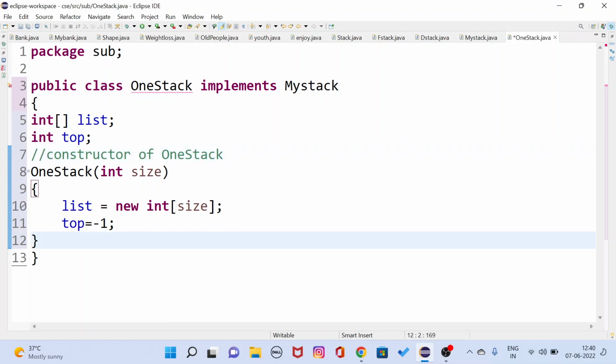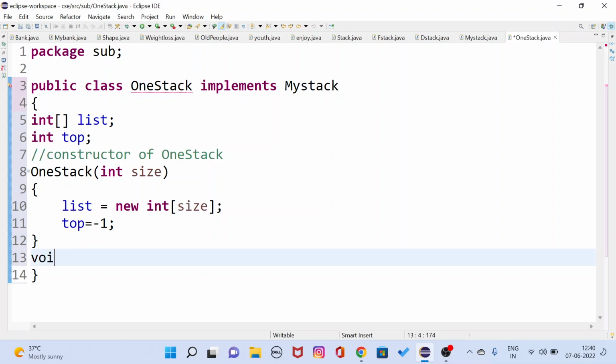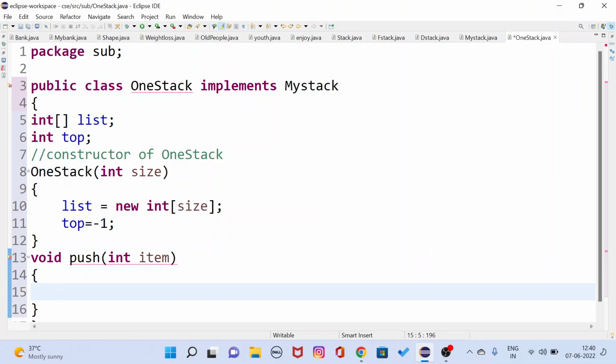Now, what about push: void push, int item. What shall we do? First of all, we should check whether the stack is full or not. We don't have a problem with empty, but we need to make sure it is not full. So if top is equal to list dot length minus 1,